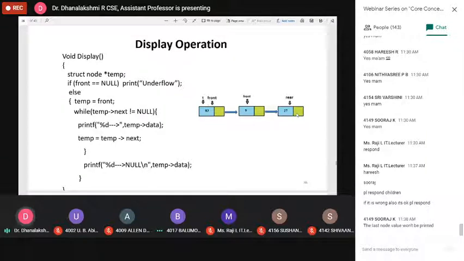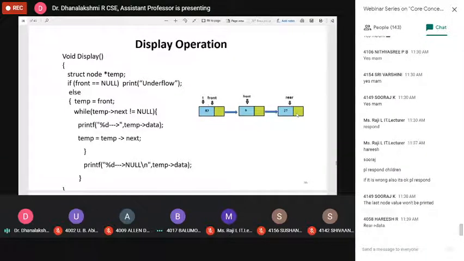Yes, Harish: rear arrow data. Okay, good.